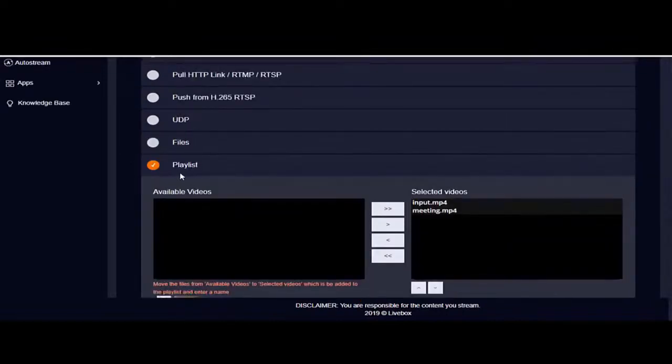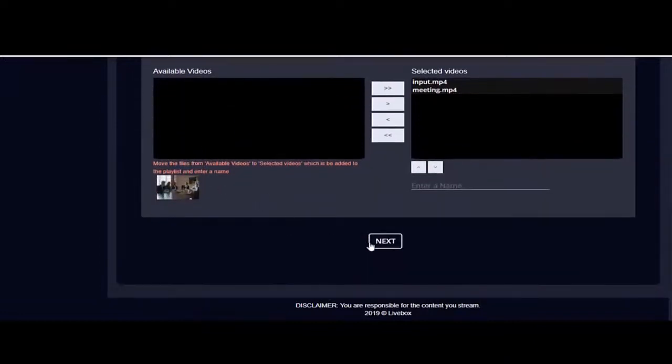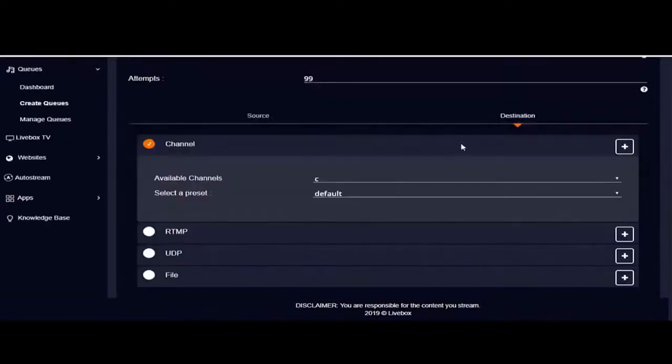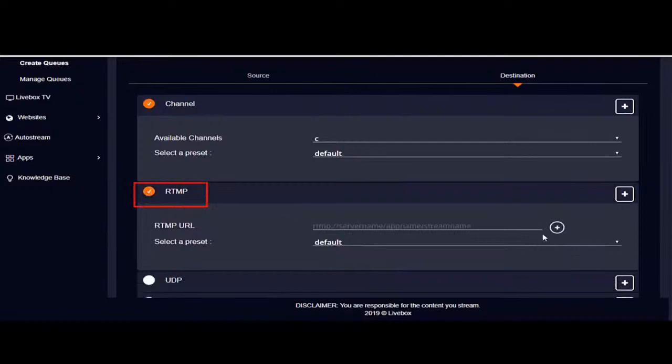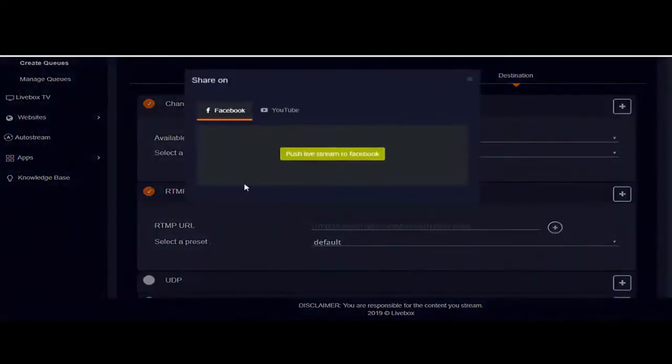So after using any of these options to create your task, you can give next and move to the destination side. So here under rtmp, if you click on this button, you have the option to go live on Facebook and YouTube. Once you select your destination, you can access and log into your social media account. And then by entering the rtmp URL of your social media destination, you can add a task to go live